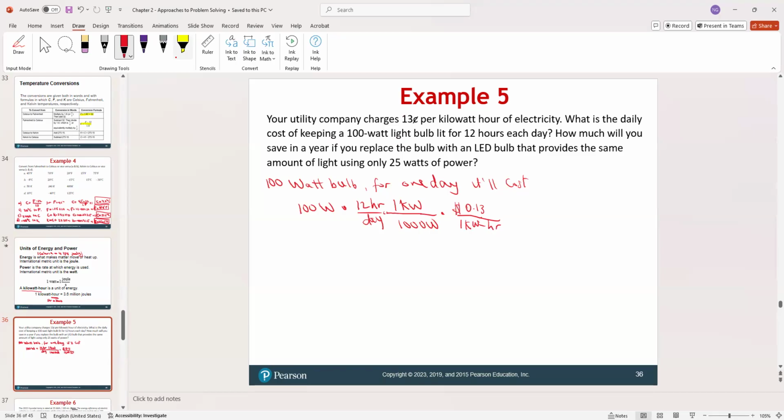You remember you have so many things that would be gone here, and what you're going to have left. Okay. So everything would almost be gone. So when you do 100 times 12 times 0.13 over 1000, when you do all of this, it would cost you